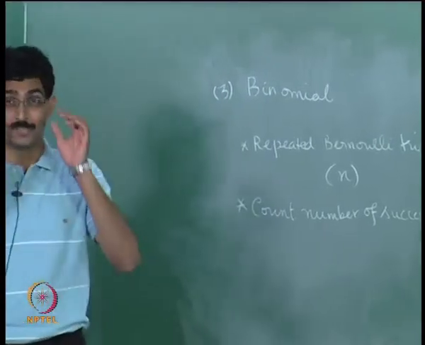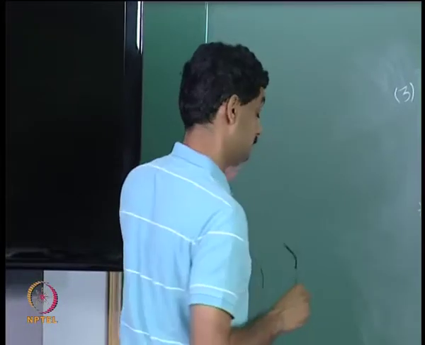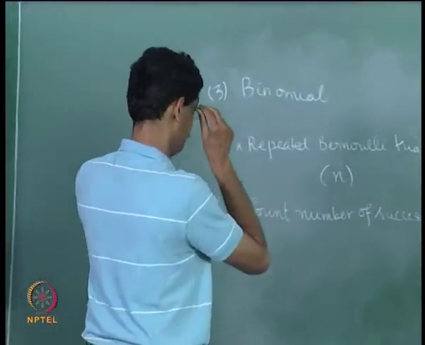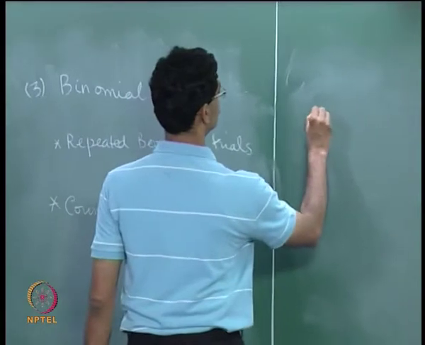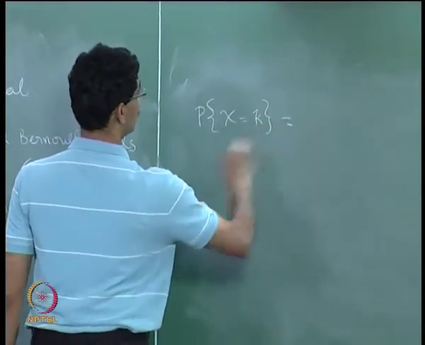Right. So, x is the number of successes when I conducted the experiment n times. So, the probability that x takes value k, right,